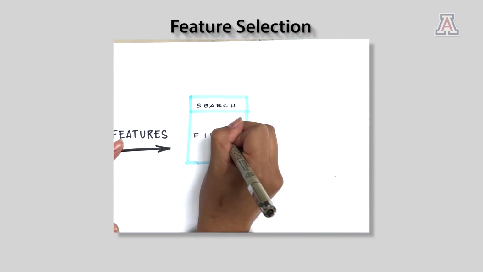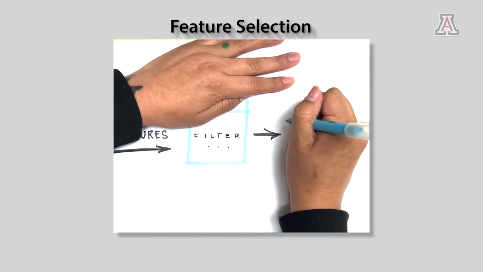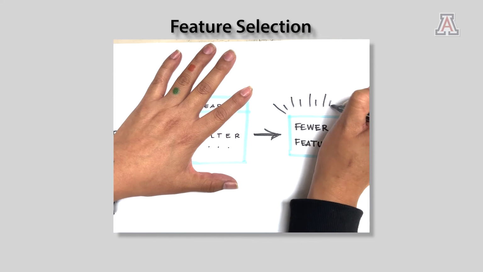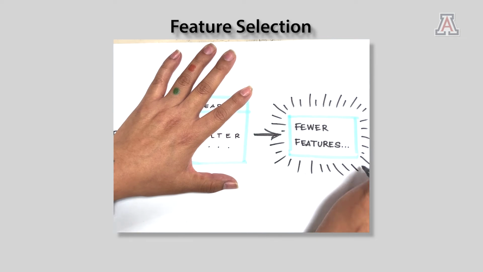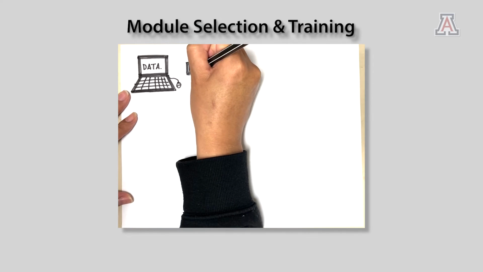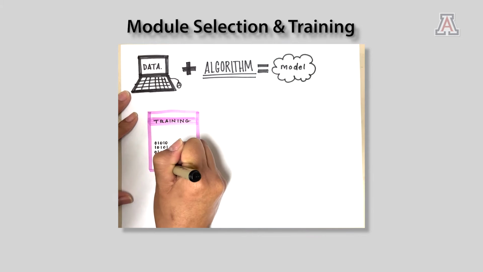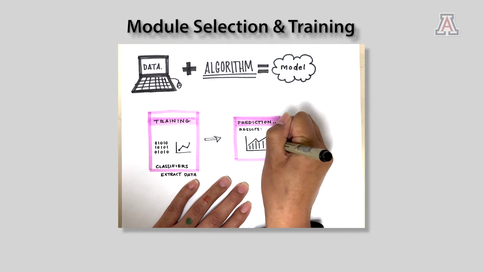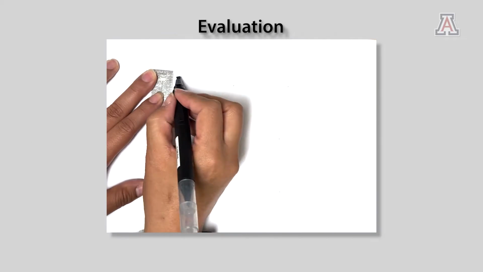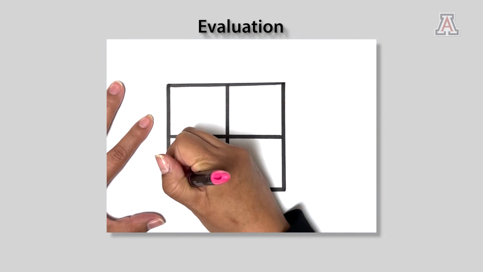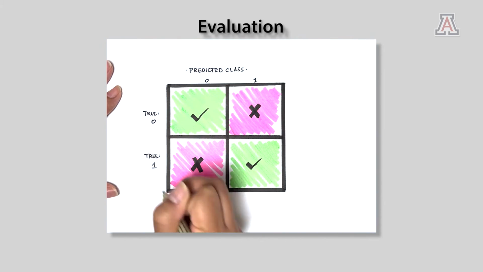Feature selection. This allows you to select various features that contribute to your output on your prediction variable, for example, X and Y. Model selection and training. Finding different types of classification models and training them with our datasets, for example, the decision trees. Evaluation. The process of model evaluation is to measure the quality of a system's predictions.